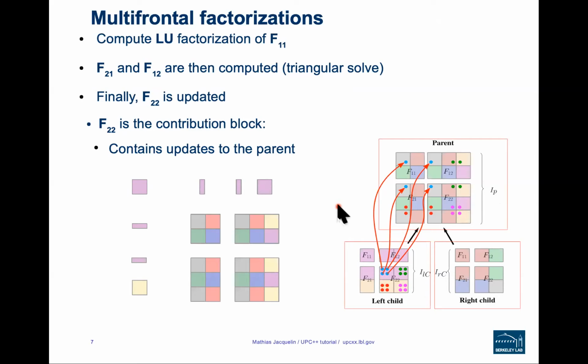And so this operation is called the extend add, because if we remember the overall view of the matrix, we are updating these sparse entries, for instance, which are denoted by blue dots. And so these are sparse locations in the parent. So one thing that the extend add operation does is to find where in the parent the blue dots need to be accumulated, and then do the sum. And so that's why the operation is called extend add, because the indices are first expanded into those of the parent, and then we add the numerical values.